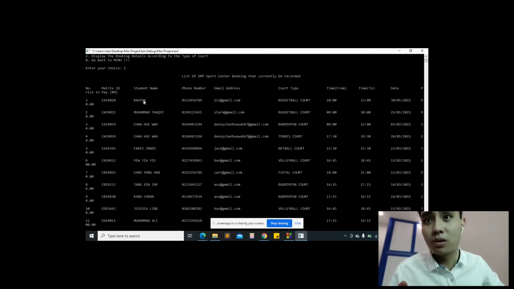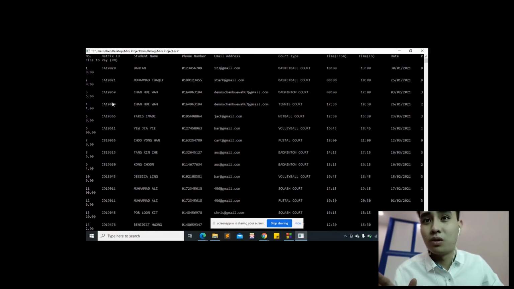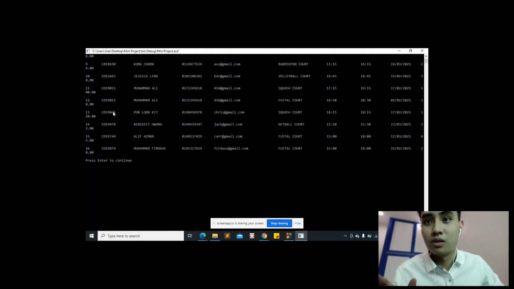Because this arrangement is sorted by matrix ID, the matrix ID starts from the smallest one, which is 19020, and the alphabet starts from A, and the second one is 19021, and the following show like this.